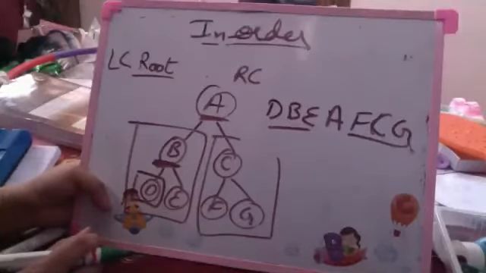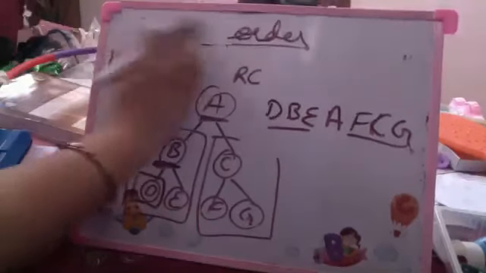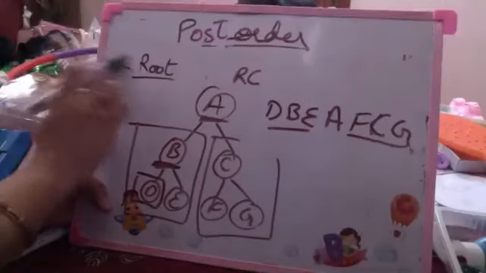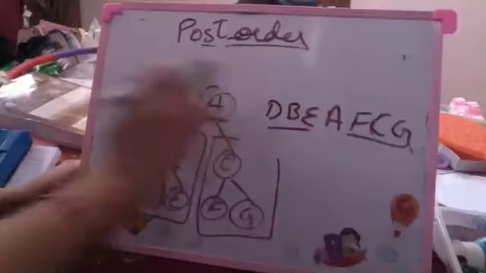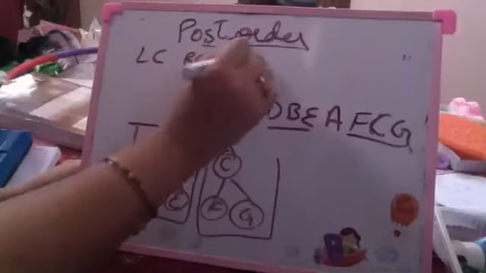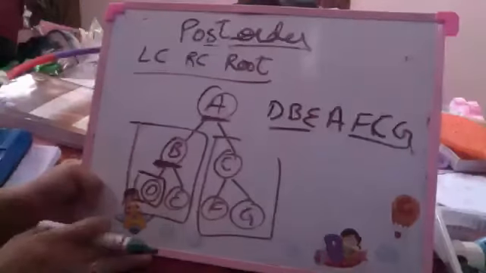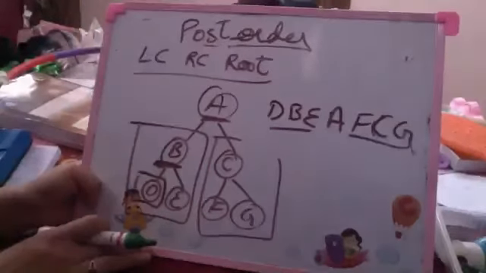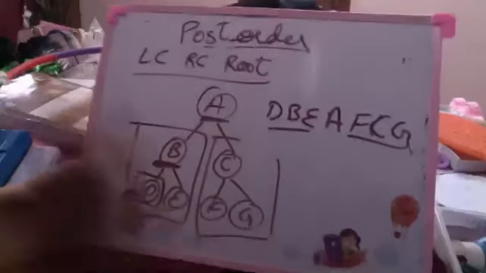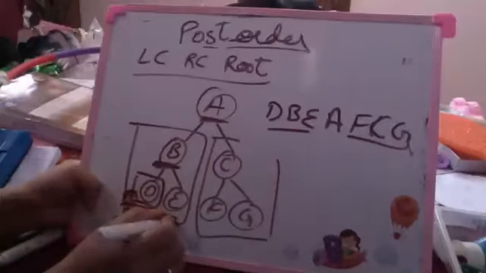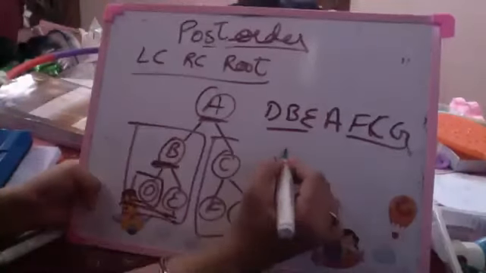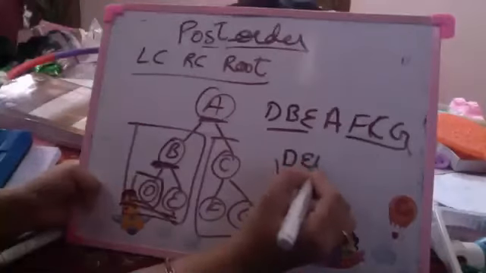Yes, ma'am. Similarly, if I go for, in case there is any doubt, please ask. Similarly, in case I go for a post-order traversal, that means left child, right child, and then the root is traversed. The order of the root is post after the children. In that case, left child, right child, and then the root is traversed. So the left child is again traversed in post-order, left, right, root. So the post-order traversal becomes left, right, root.